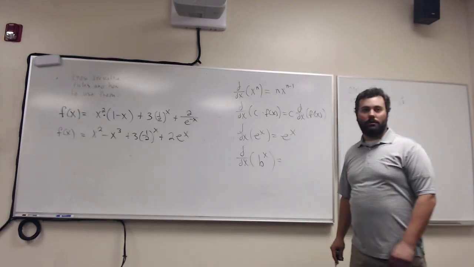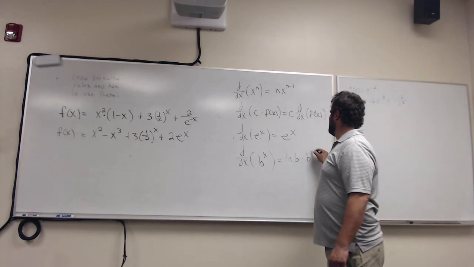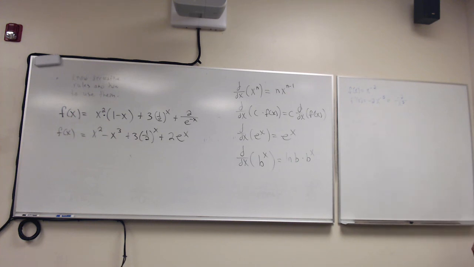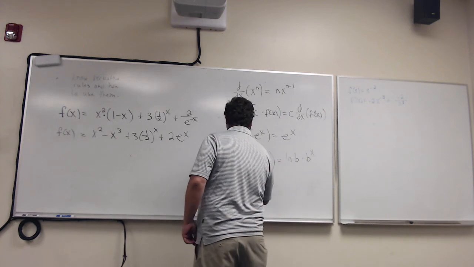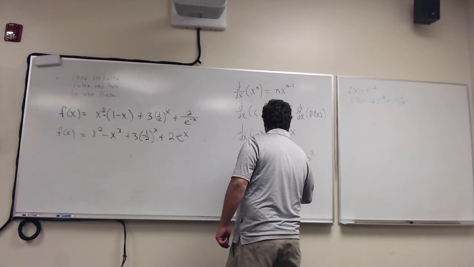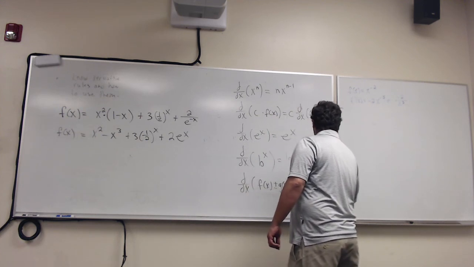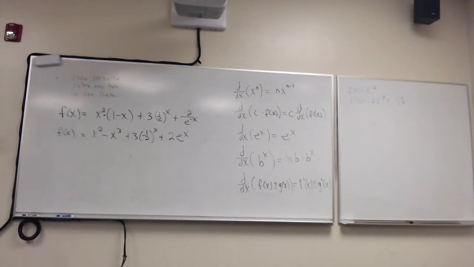So it's b to the x, natural log of b. Okay, that's going to be natural log of the base times b to the x. Okay. And then there's the one rule too that tells you